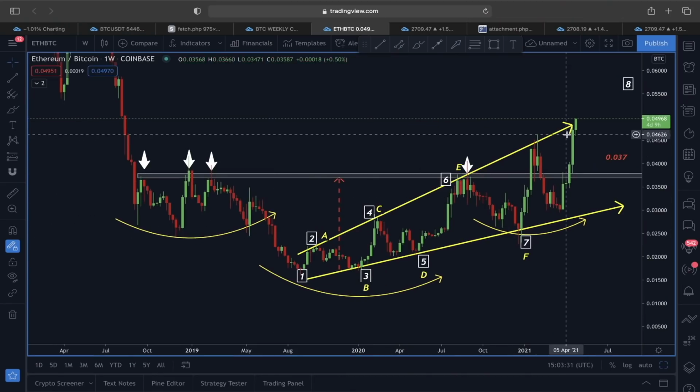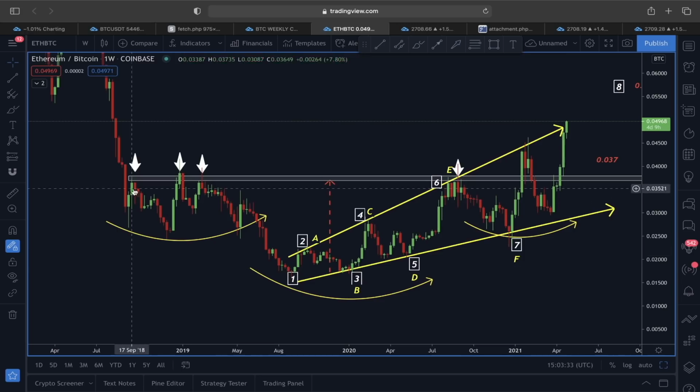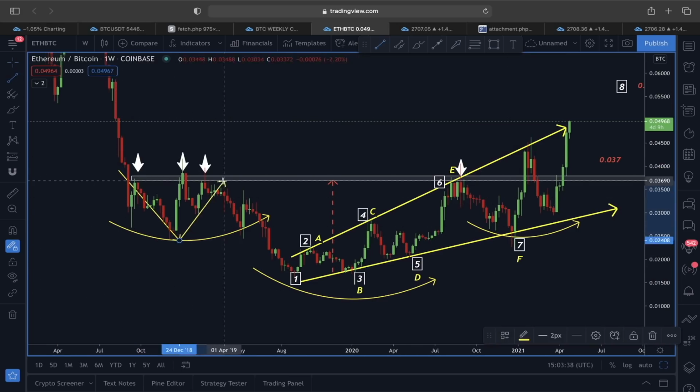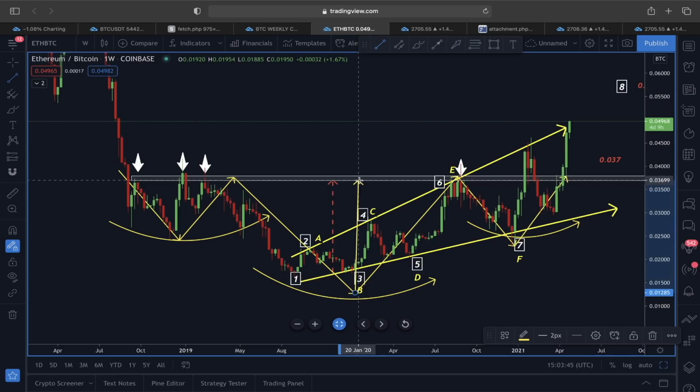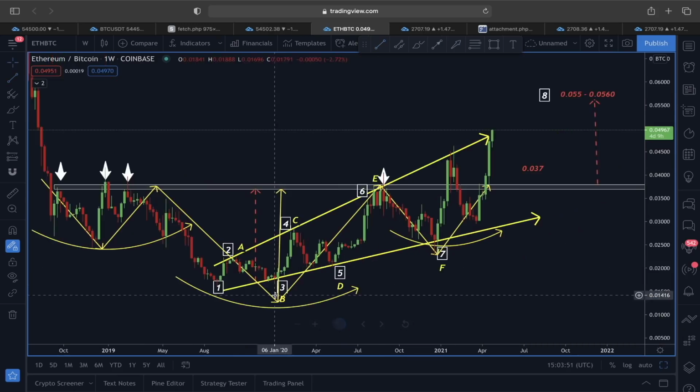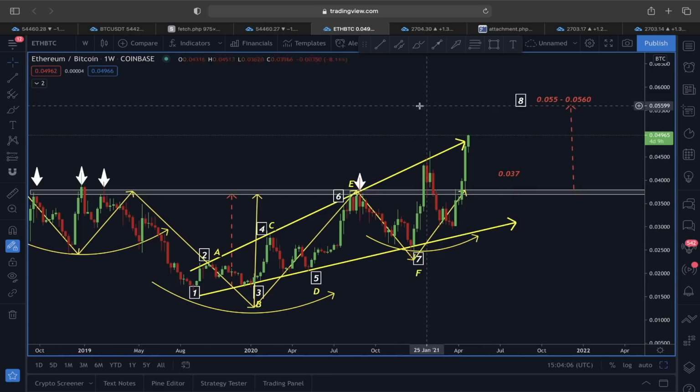Because not only is this ascending scenario playing out right now, but also if you look at this inverted head and shoulder, you will see this here is the left shoulder, head, and this is the right shoulder. And now according to this inverted head and shoulder, we also measure the target level from the neckline till the head area, or the head till the neckline area. So that's why this price target could actually bring it around the 3,000 price level in a weekly time frame.